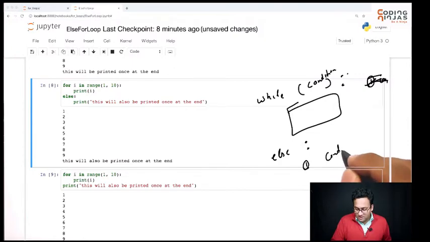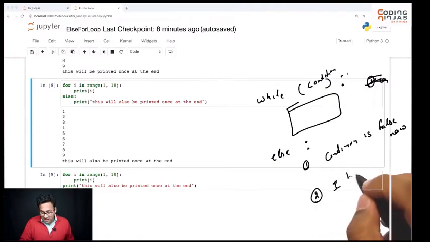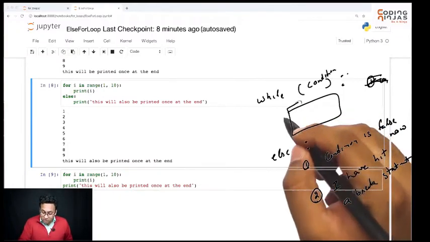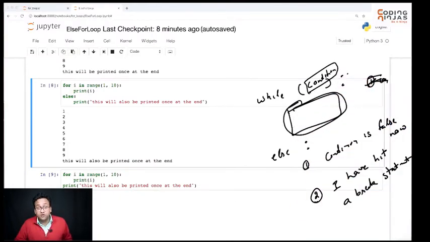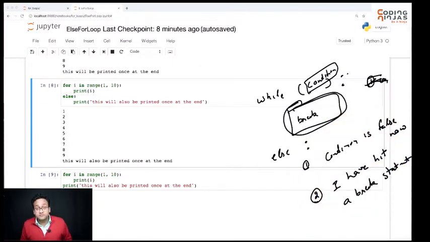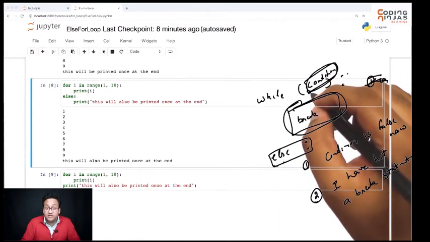One, condition is false now, or I have hit a break statement, right? So we can come out of this while loop either because this condition is false or because we have encountered a break. The interesting point is you will come inside else only if this condition has been violated.